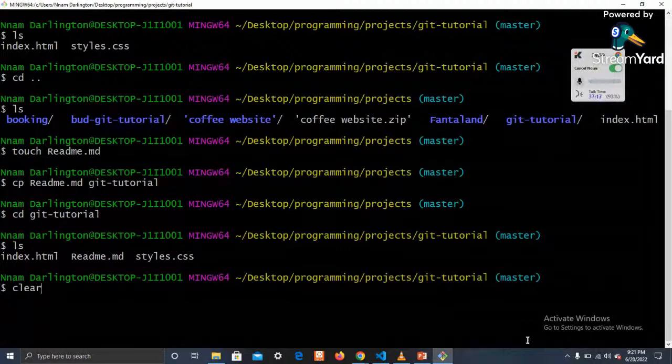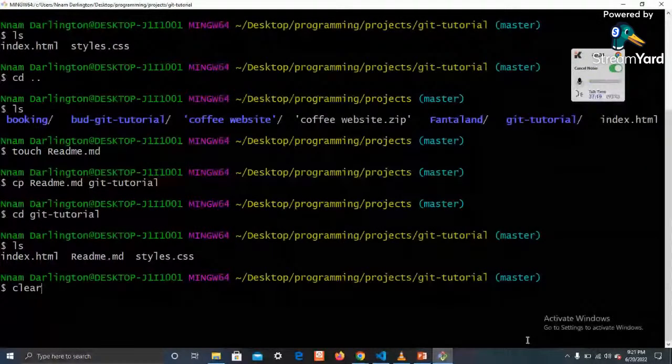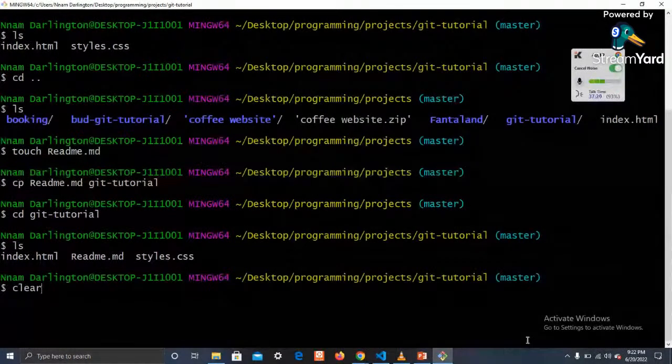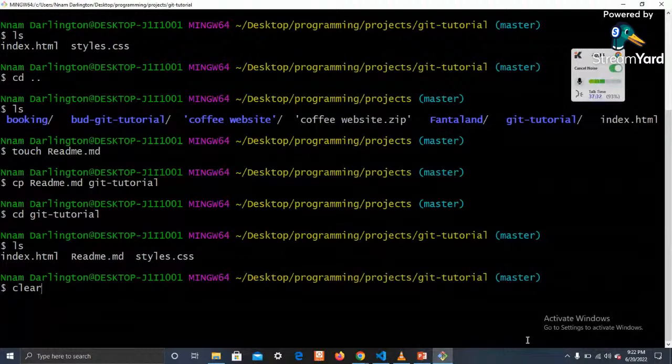Okay, somebody says, do you have to use touch before you use CP? Touch, okay, darlings, I think you can answer that before you continue. Okay, so Divine asked if you have to touch before you CP. Basically, the reason why we had to do touch was that we were looking for a file to copy.